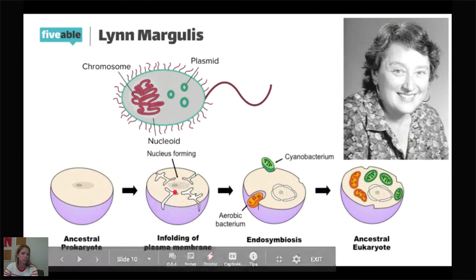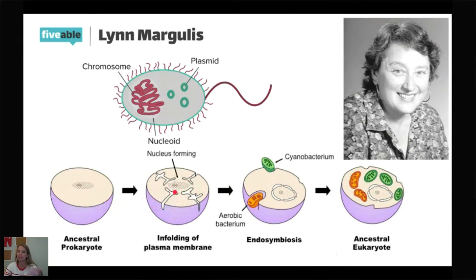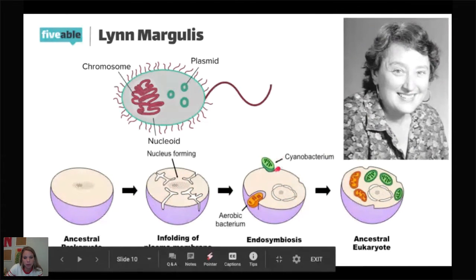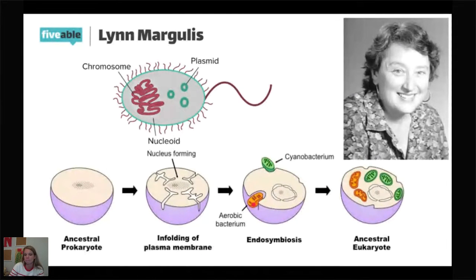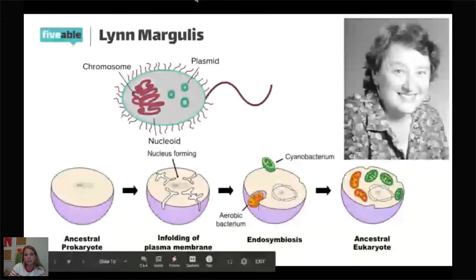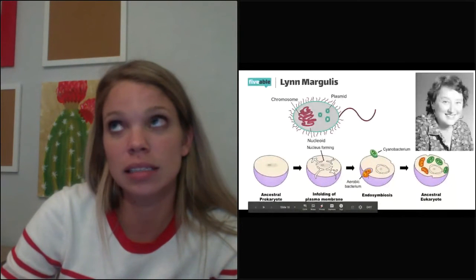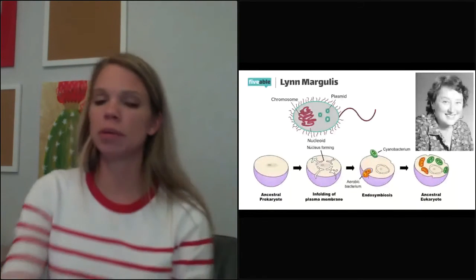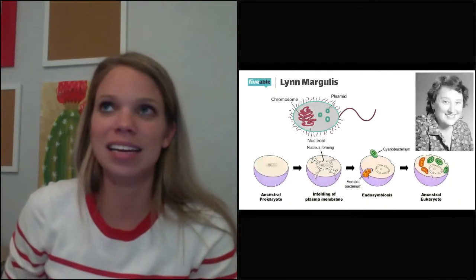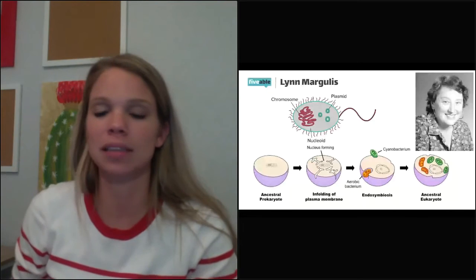We know that these mutations occur randomly. Sometimes they're good, sometimes they're bad, sometimes they're just whatever. But there were other prokaryotes, and they were cyanobacteria and aerobic bacteria. So they had the mitochondria. And the theory goes basically that they did some endocytosis. So basically they went chomp and swallowed the mitochondria and chloroplast.